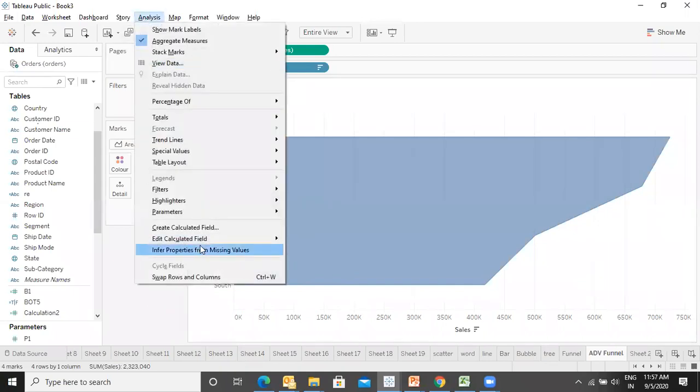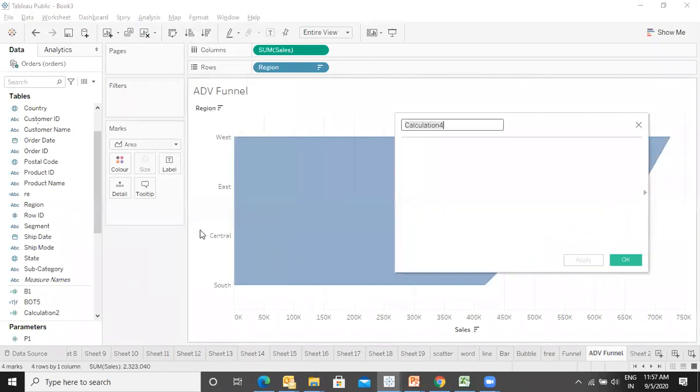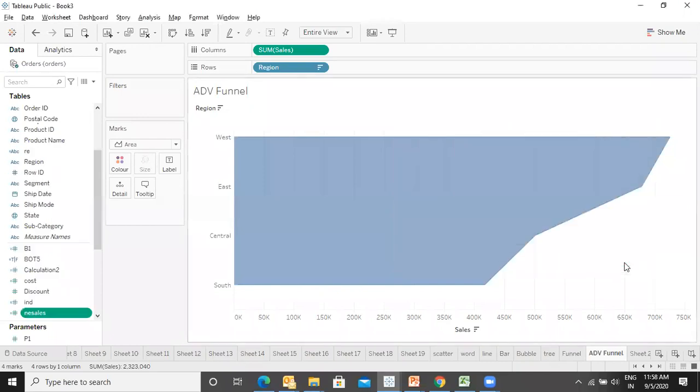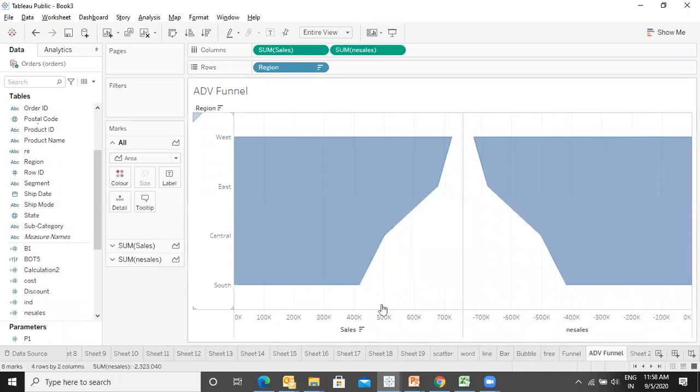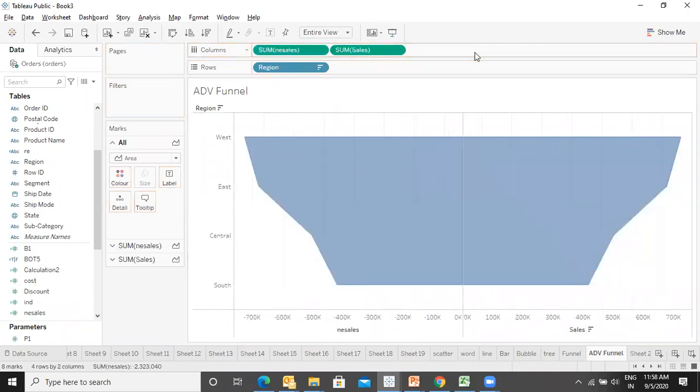I will go to the analysis, create calculated field. I name it NESALES, negative sales. Here it is. Now I will take this and just put it over here. So it becomes the advanced funnel.